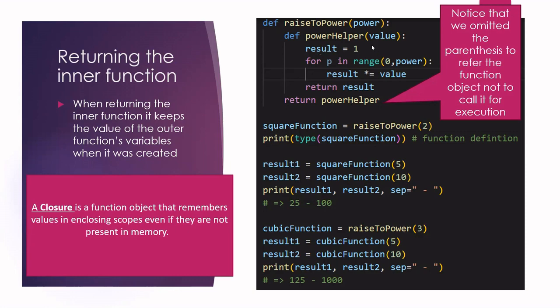with a value 2 or with power 2, a context was created for that raise power with power equal 2, right? And then within that context,